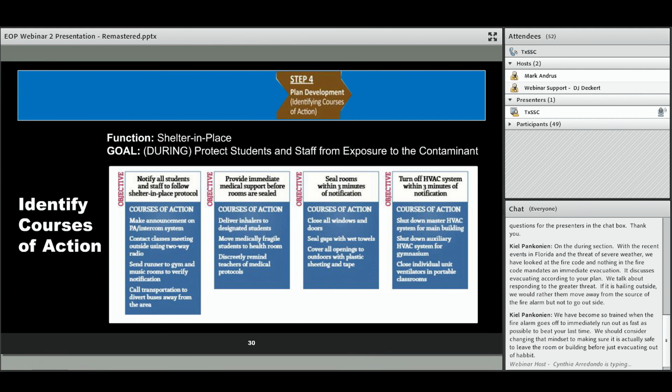minutes. The reason I say 3 minutes is that's kind of a normal process to go through. So 3 minutes may or may not be the right length of time for your group. Some of you may have off-site controls for all your heating and air conditioning. That may take a little longer. So be aware of all those things and write those into your plan. Keep those in mind so that when you're putting together your emergency operations plan, you'll know how those fit into everything.